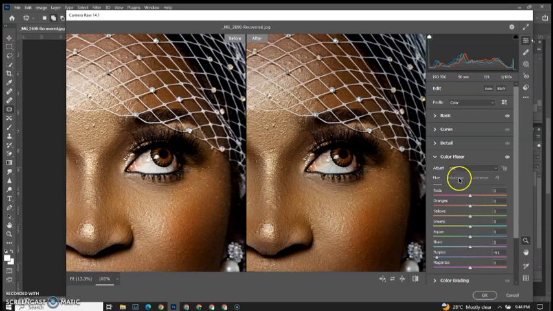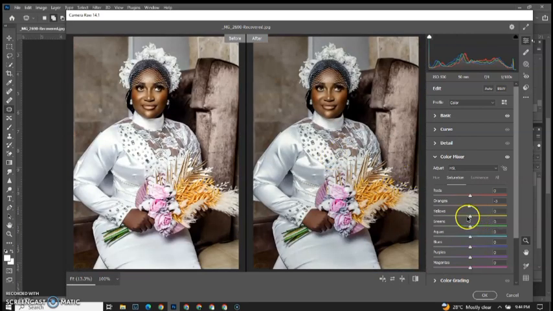Okay, so I'm going to illuminate the orange on this image. I'm going to illuminate the orange on this image, illuminate the red. Then I'm going to go to my luminance and put down